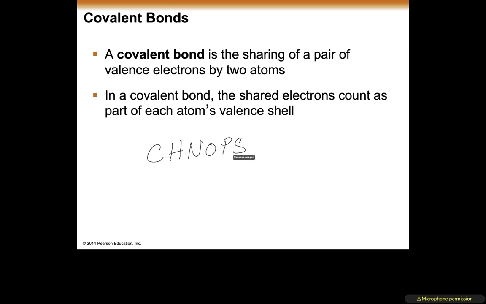CHNOPS: carbon, hydrogen, nitrogen, oxygen, and sulfur. Those are your CHNOPS. So whenever you see these, you can mostly assume that they are covalent bonders,